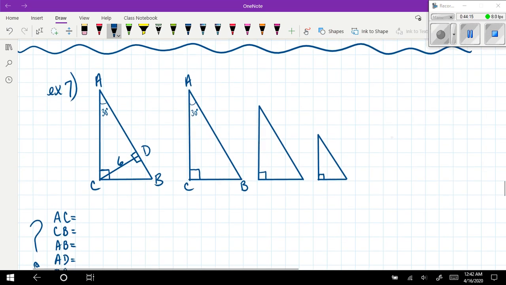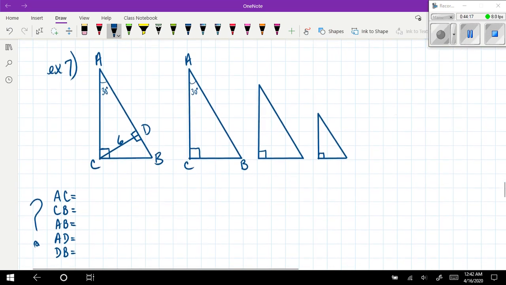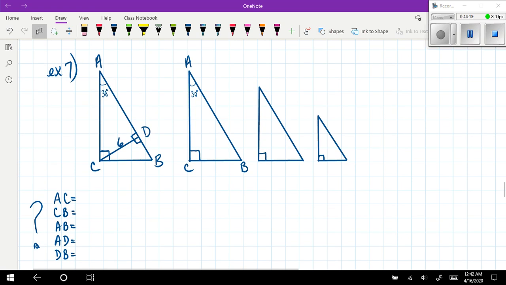Oh, this is a doozy, but these are my favorite ones actually. So in number 7, the original triangle ABC is a 30, 60, 90 triangle. Can you see it? It's the biggest triangle there. And then line segment CD is drawn right through the triangle. It doesn't cut the triangle in half by any means, but line CD is what's called an altitude of triangle ABC